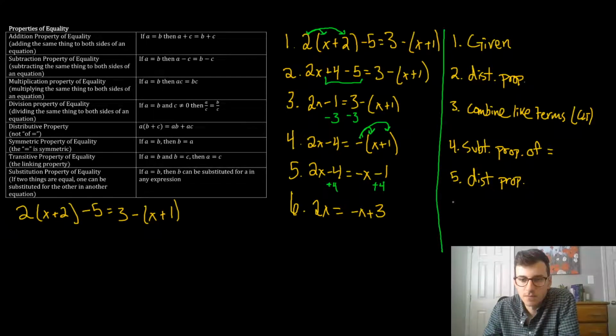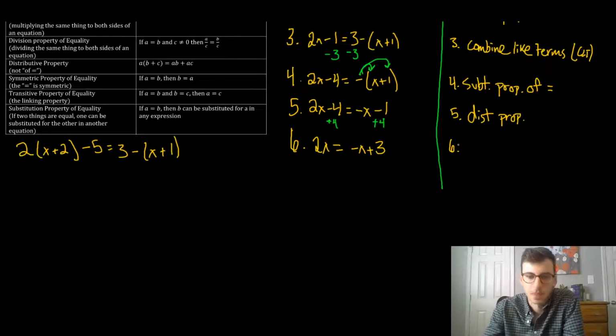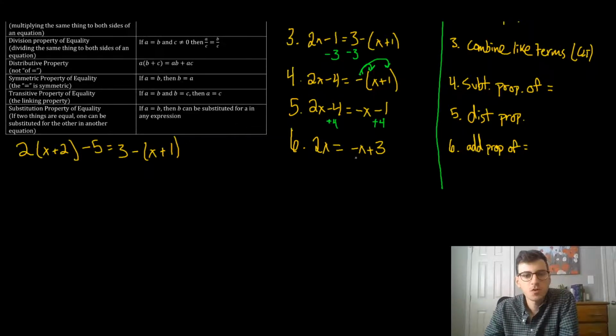That's the addition property of equality. And then we do the same thing. Add x to both sides. 3x equals 3. That's also the addition property